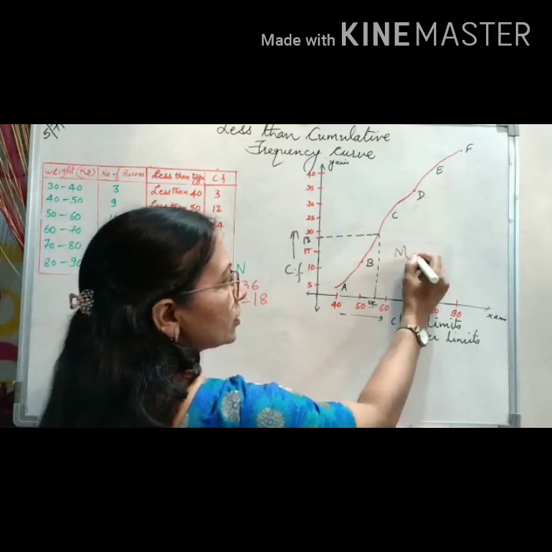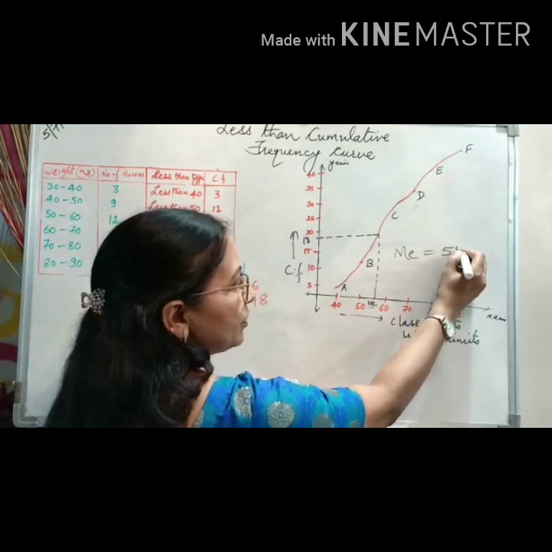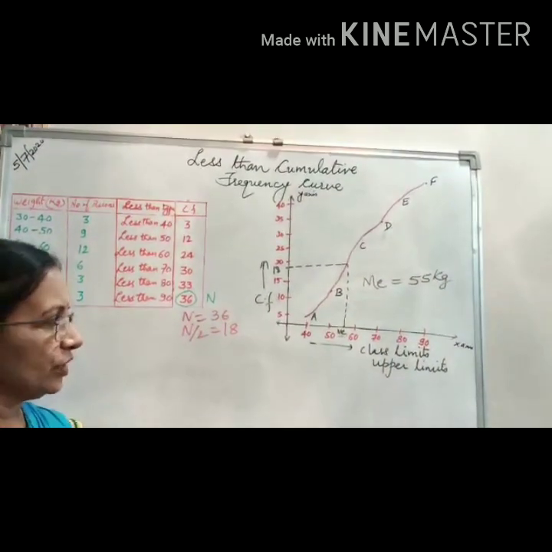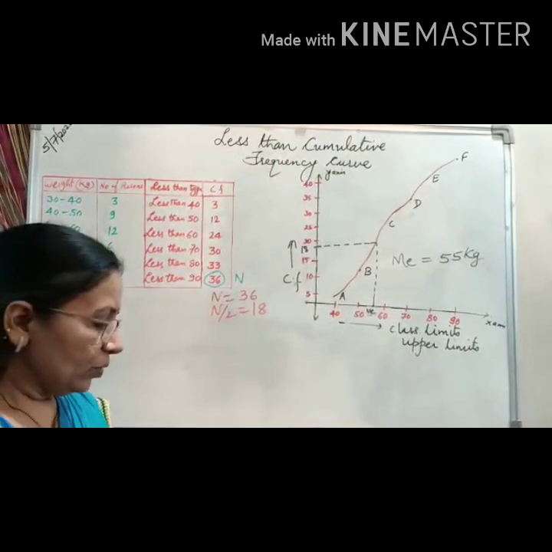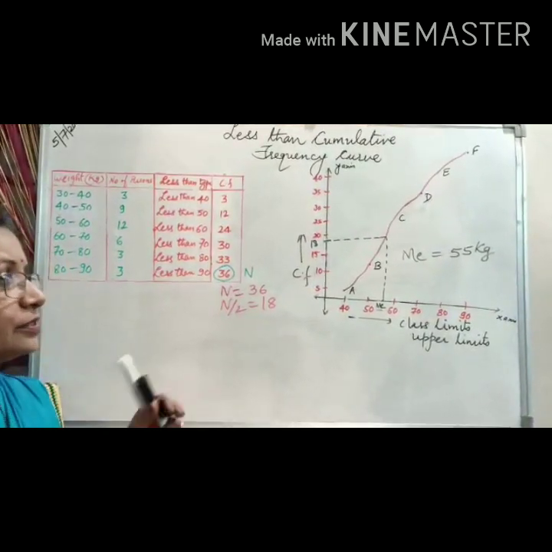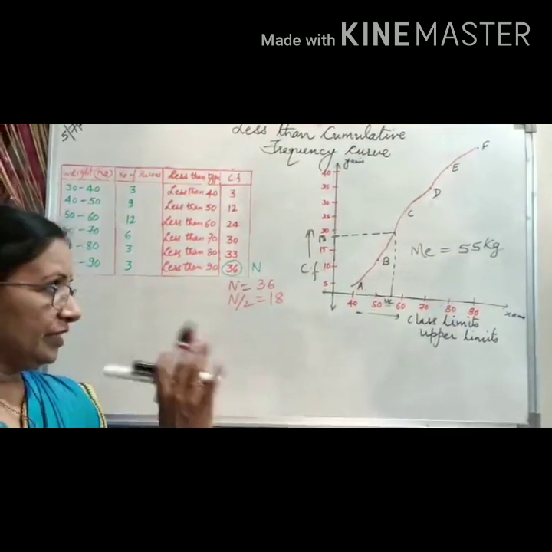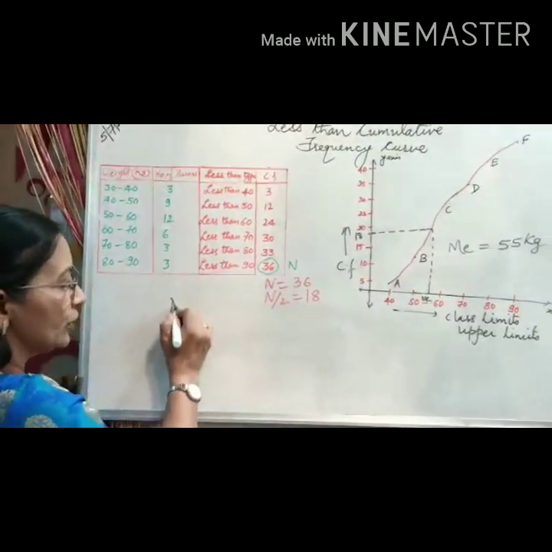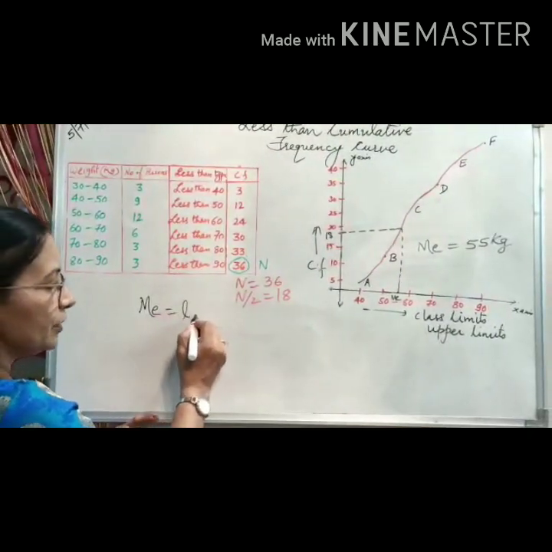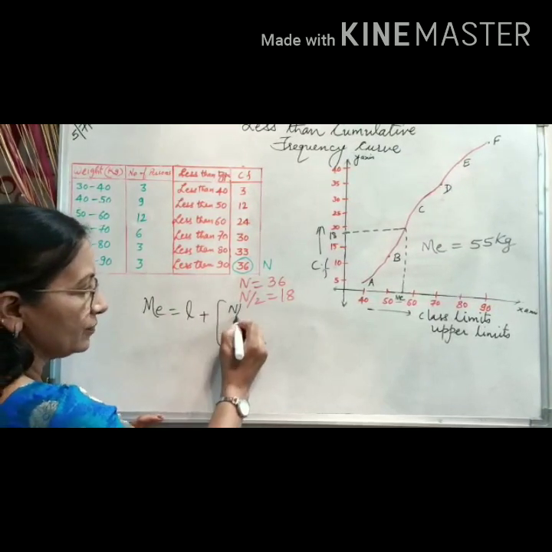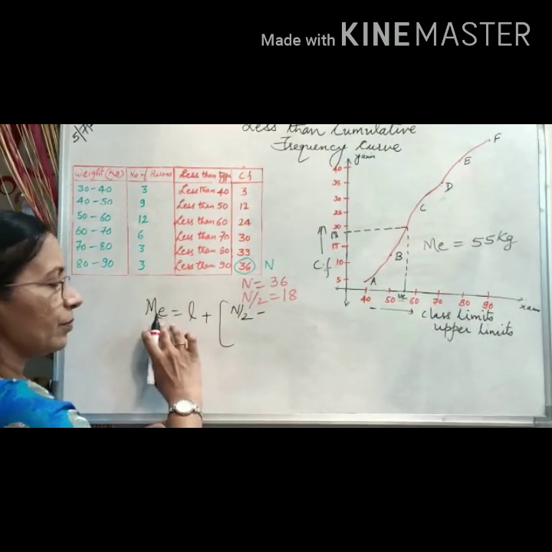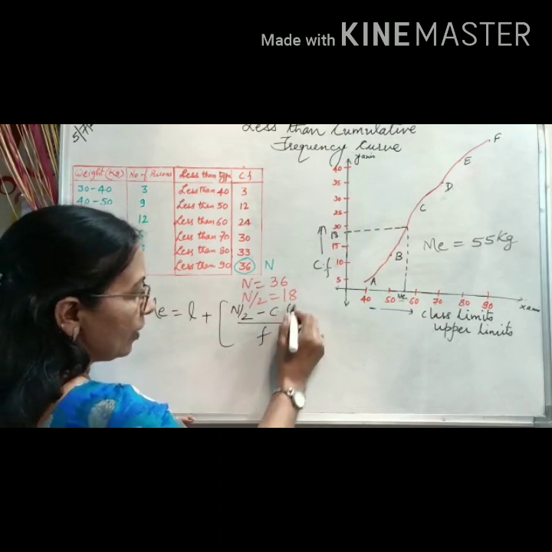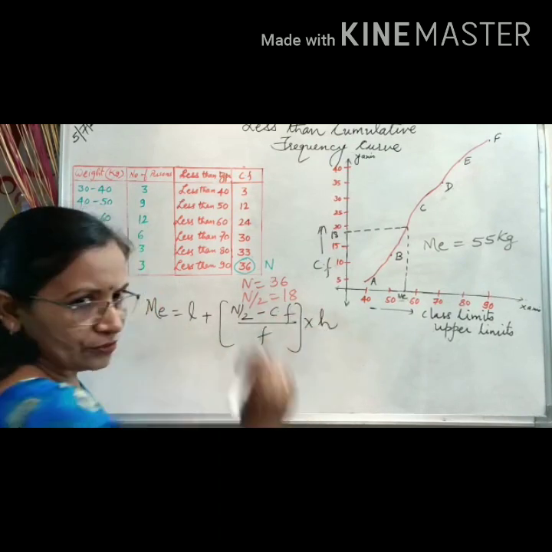So the median, if you look at the graph, is approximately 55 kgs. It lies between 50 and 60. Okay, so now in the 10th class syllabus, you have to verify the median both the ways, graphically also and numerically also. So the numerical verification, we will be doing it by this particular formula, which you know, that is, median is equal to L plus n by 2 minus CF upon F into H.